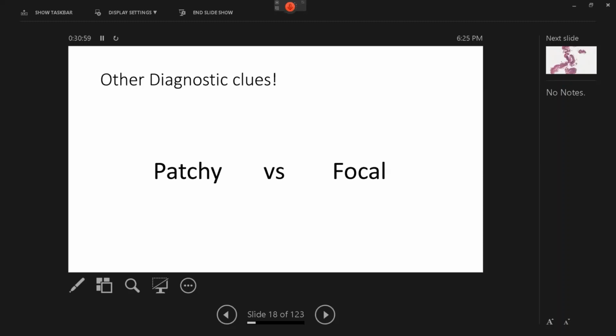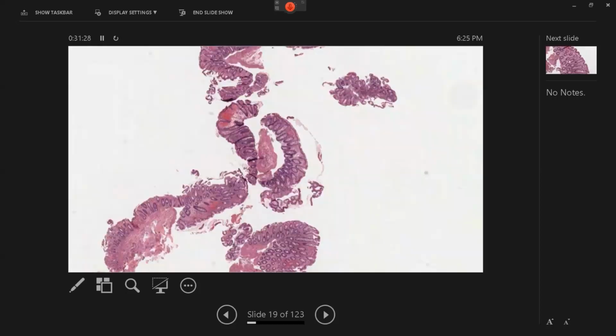So it is not forbidden to use the two, but you need to tell me patchy means that you know that there is a segmental involvement, while focal, you know that within the area where it is inflamed, the disease is very focal, okay? Or the active inflammation that's present is very focal. So that will give us an idea and will organize the way of your thinking as well. So this is just you need to train and rehearse this.